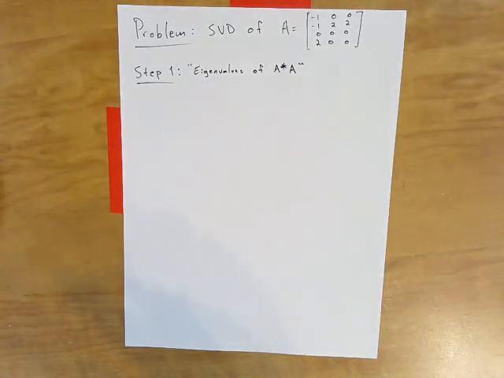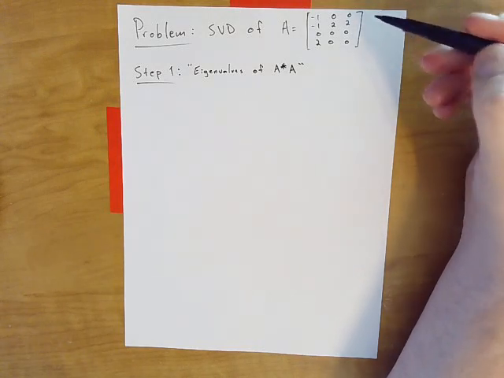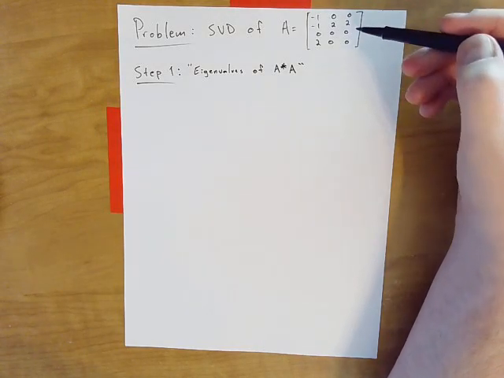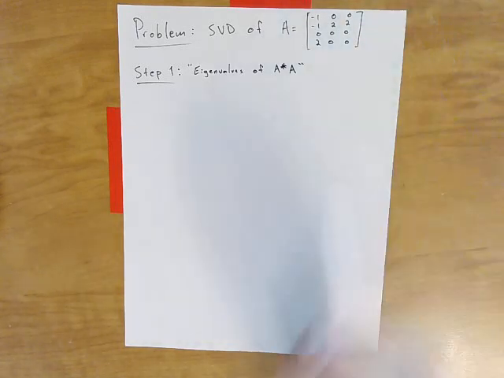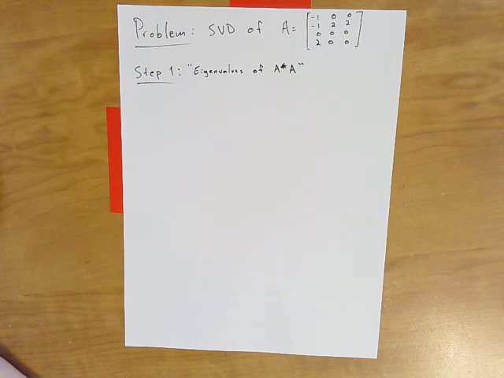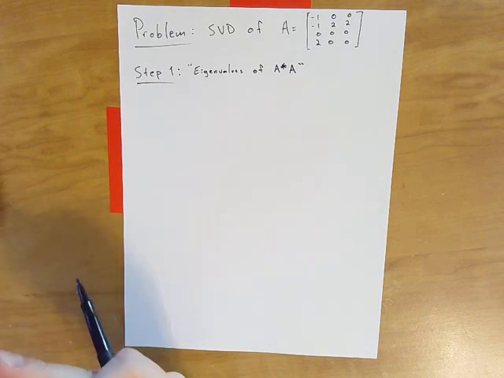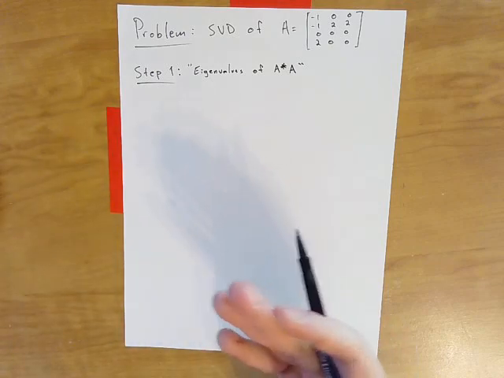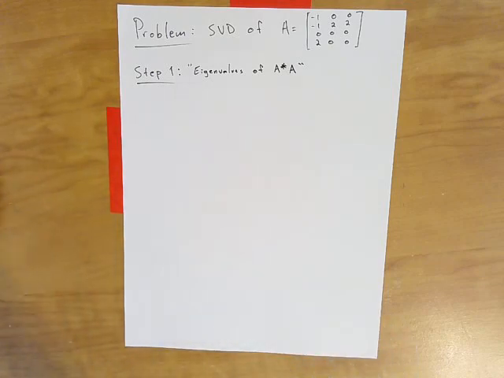So I want to walk through a full example of taking a matrix and calculating a singular value decomposition of that matrix. In the lecture, I broke this process down into 3 steps. In the first step, we need to find the eigenvalues of the Gramian of this matrix. In the second step, we need to use those eigenvalues to find a spectral factorization of this Gramian. And then in the third step, we applied 2 formulas to find the matrix sigma and the matrix U that